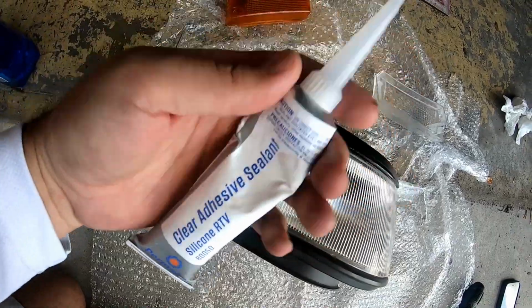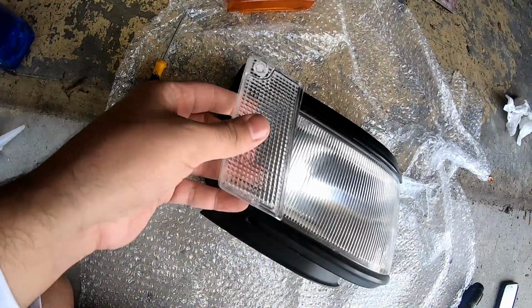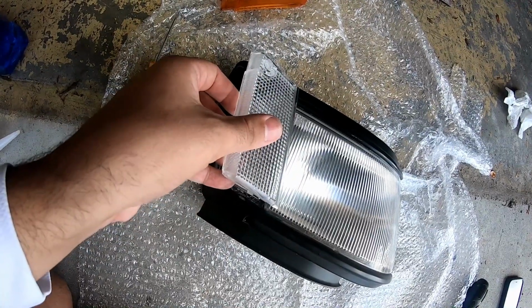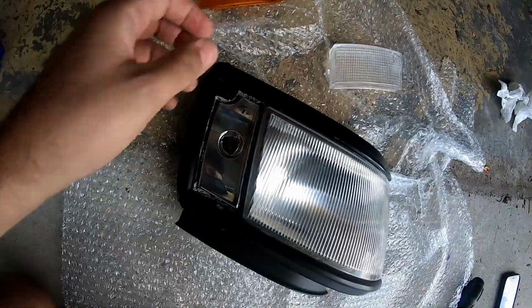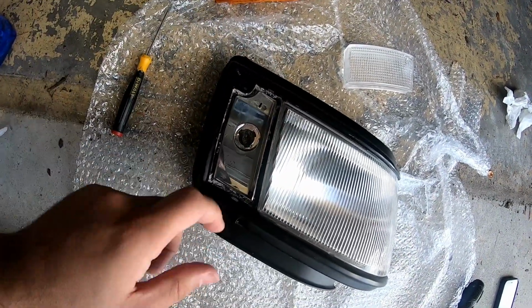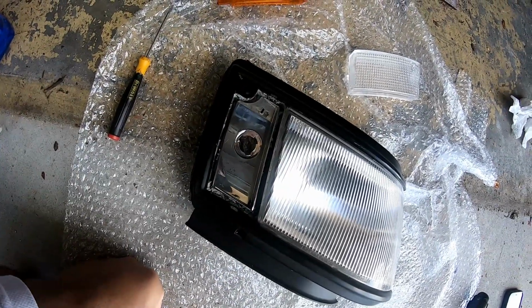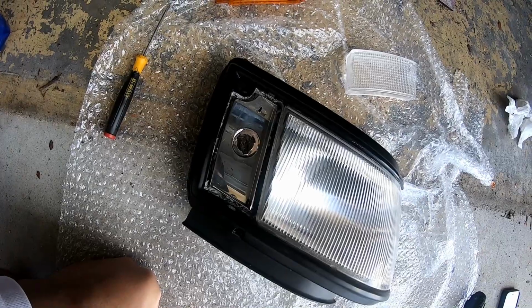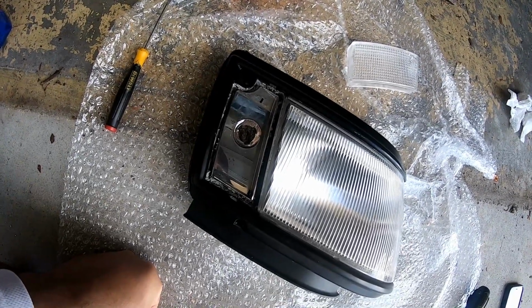Again, you can buy this stuff at your local hardware store, because when I was test fitting all this, I noticed one side would stick up here, or I was getting all different types of gaps. So you really want to get as much of this stuff out as possible. The Goo Gone really makes it soft and malleable, so if you add some silicone on top, it shouldn't be too much of an issue. So I'm going to try to get this baby on here so I can install it on the